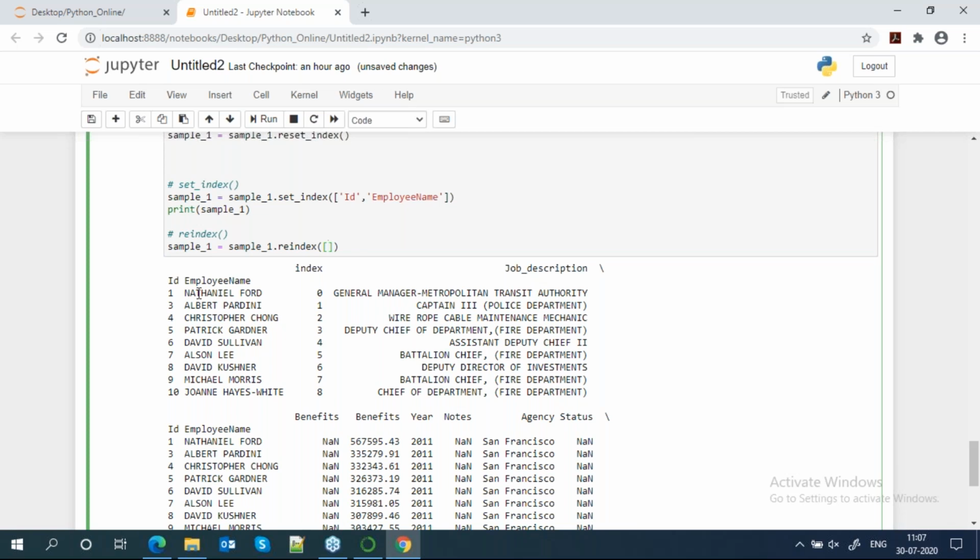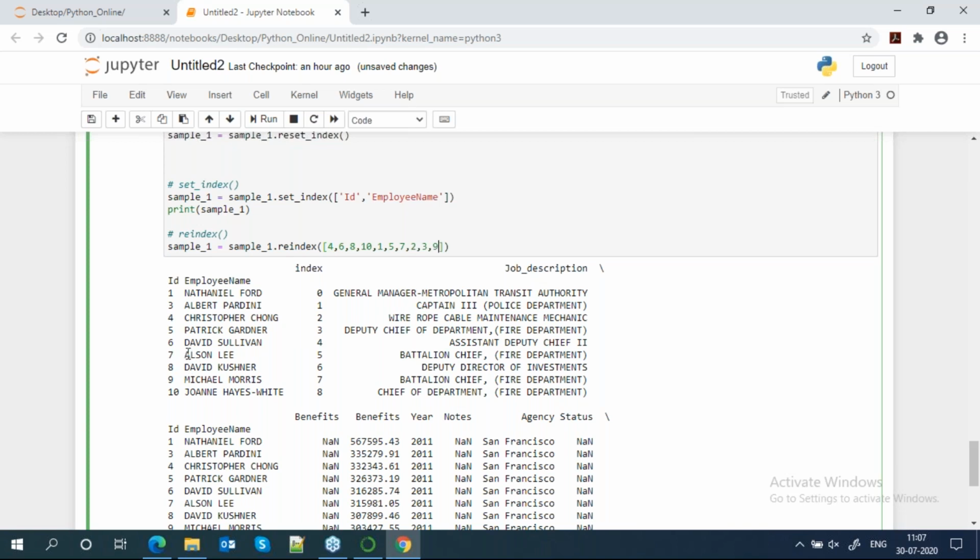Suppose Nathan Ford, Christopher Chung should become first, then David, this particular name, should become first, then David Kushner 8, then 10, then 1, then 5, then 7. 2 is missing, right? 2, 3, then 9.